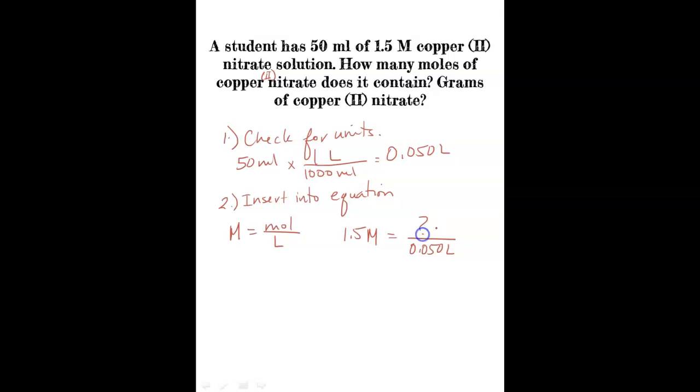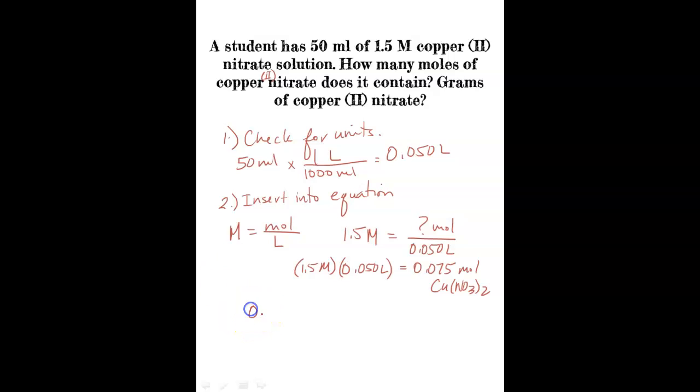And this is my unknown moles. So I can cross multiply these two together algebraically. So I have 1.5 molar times 0.050 liters to get an answer of 0.075 moles of CuNO32. So that gives us our first answer, how many moles, but then they're asking us to convert this into